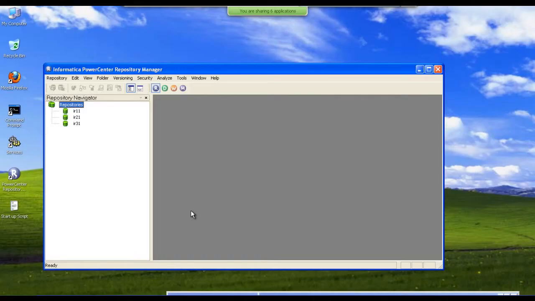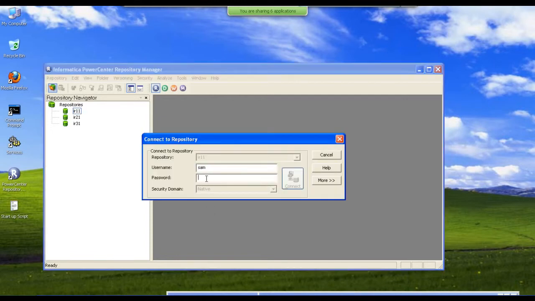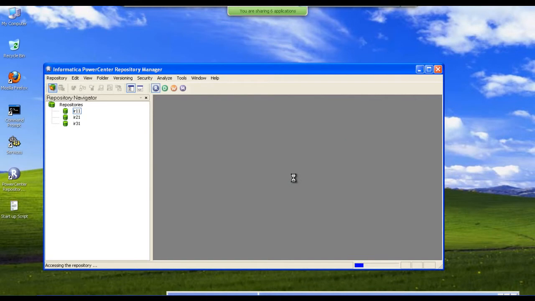This is how a repository manager looks like, and these are the different repositories. These are present in our server systems. We can access each repository according to the permissions given to the users. We need usernames and passwords to access these repositories. We are now connecting to the server repository,